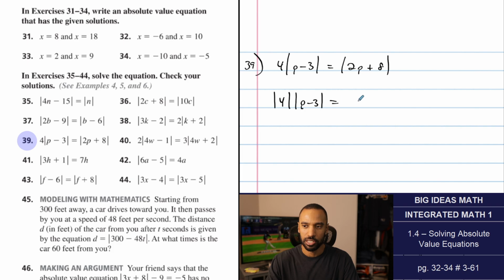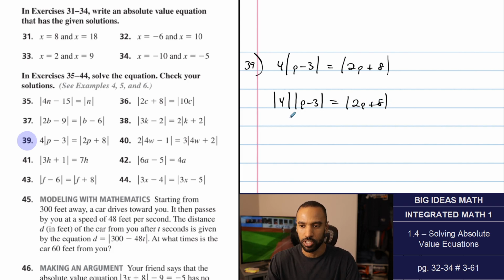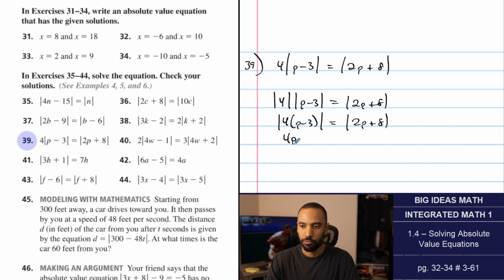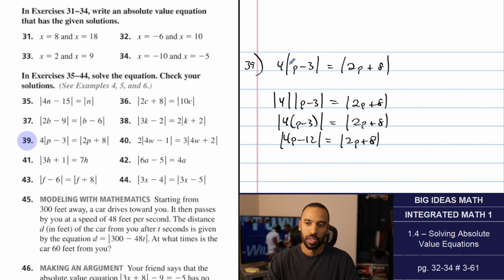So I could turn it into absolute value of 4, which can then multiply, or negative 4, it doesn't matter, which can then multiply into this to become 4 times p minus 3, like that. And now it's inside the absolute value with it, which means this becomes a 4p minus 12. That's an option if you want to work it out that way before we do any split. You could also,